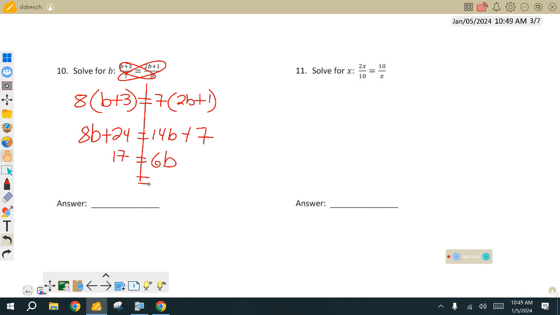Somebody got 17 over 6, I think. All right. That's what we're going to call it. Okay. So from that right there, these 2 skills we're going to use second semester, so it's a nice place to use that. Talk about it and start using that. So I'm going to